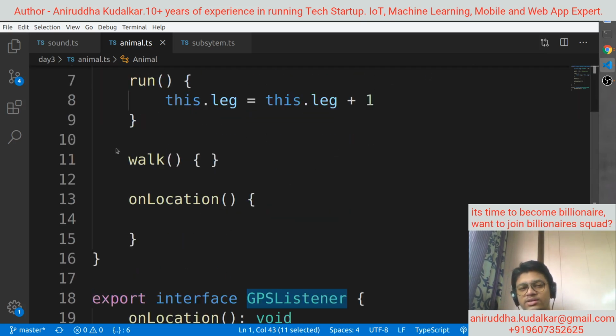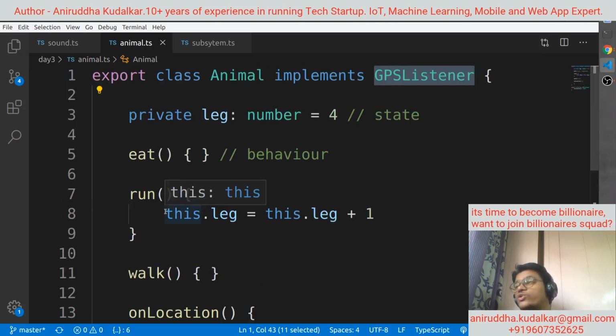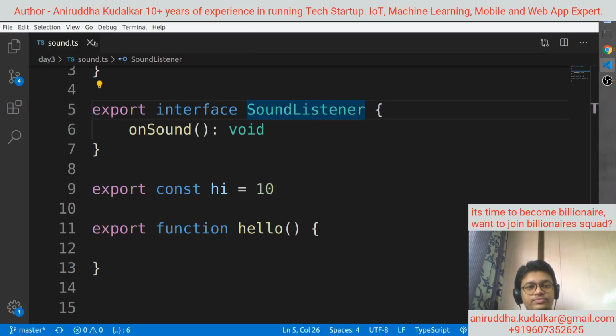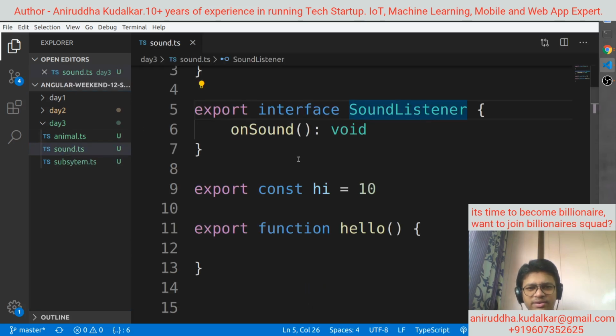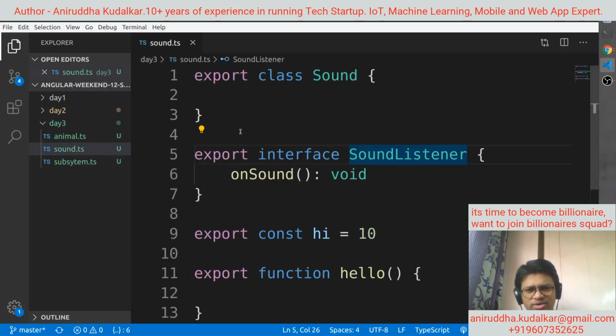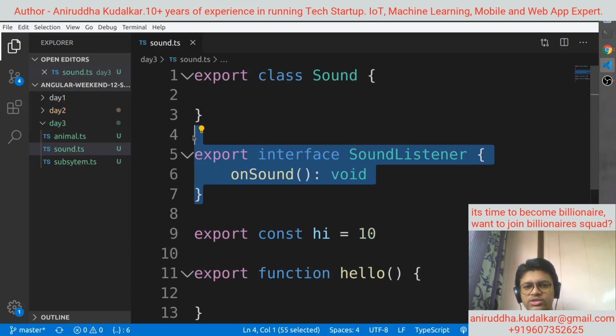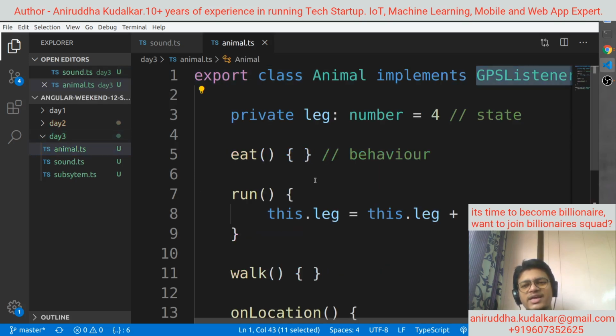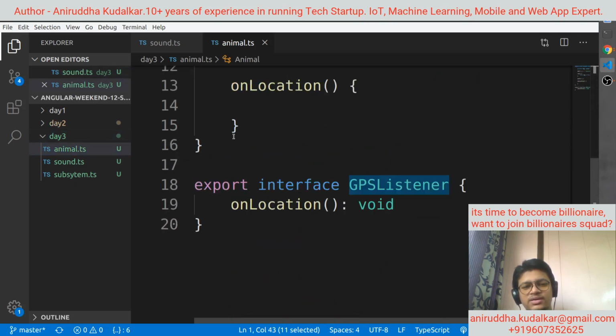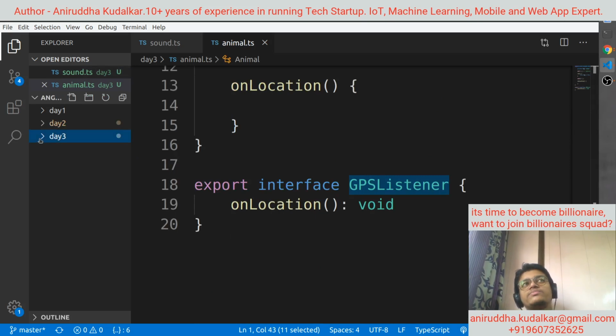That's the need of interfaces in Angular, and that's why I have covered all these things. I was about to use a sound listener and sound class, but I used a more understandable class, the animal.